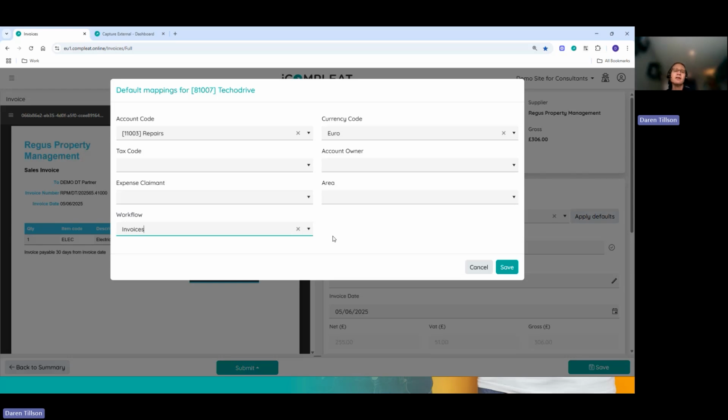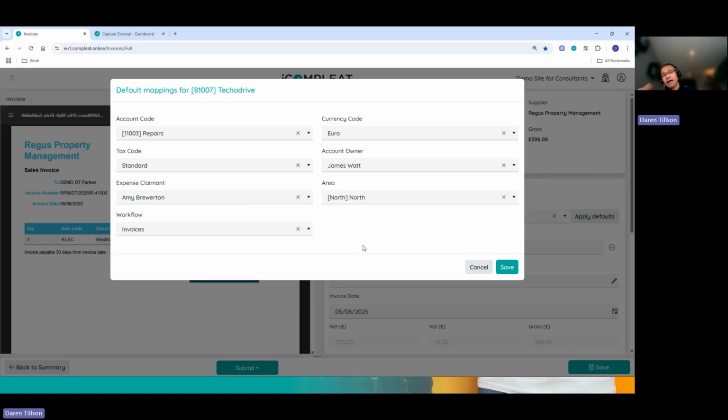In this example, we haven't given it a preset tax code. So if it failed because it didn't have a tax code, it would sit in the unprocessed tray and ask for a tax code. It would already have the account code and currency code preset, but it would be asking for a tax code. As we've seen in a previous invoice, the account owner is mandatory, so it would also be asking for an account owner as well. But if we had gone through and set everything like so,